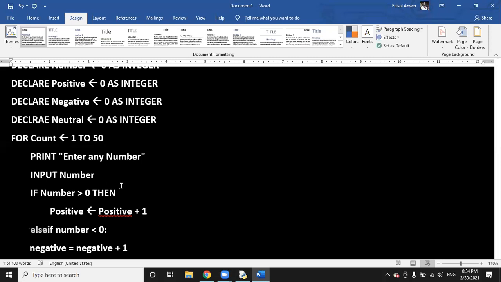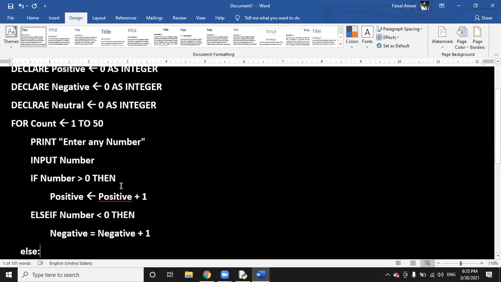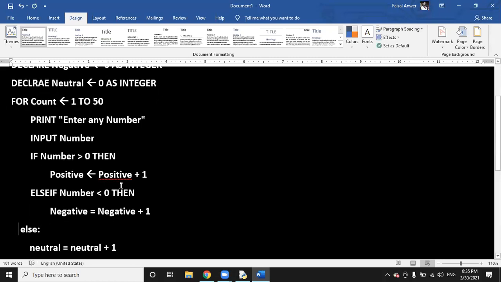Else if number is less than 0, then negative is equals to negative plus 1. And in last, else, neutral is equals to neutral plus 1.